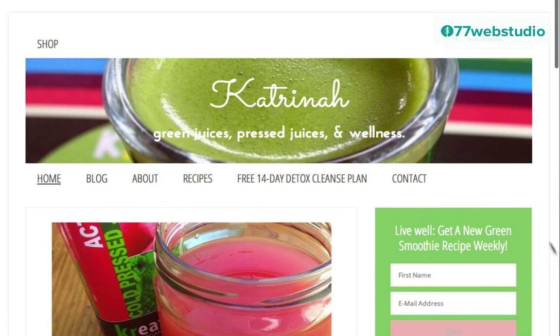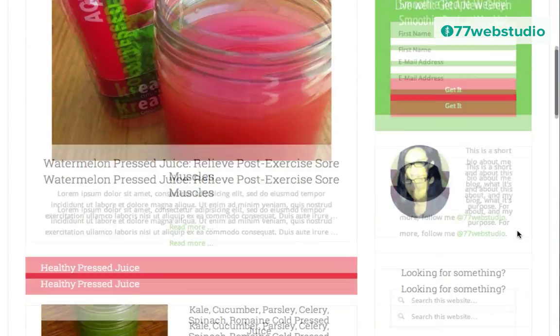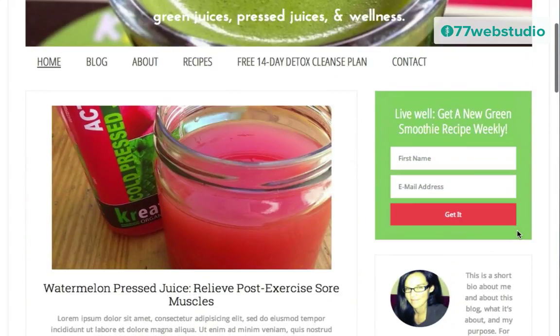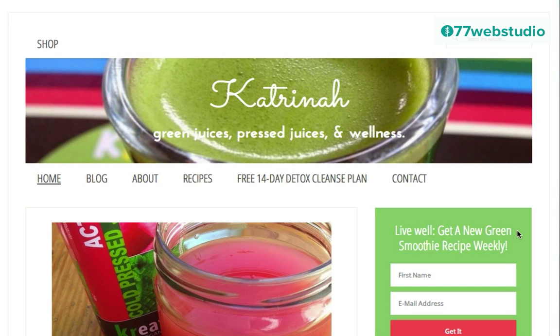The great news about the primary sidebar and all sidebars and footers in WordPress is that this is where you can add completely customizable content. So if you want to add something else and not include this, by all means you can do that, and I'll show you where you can do that in this video right now.